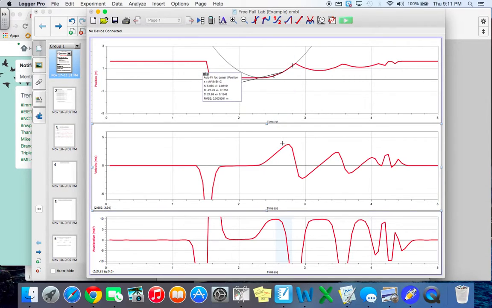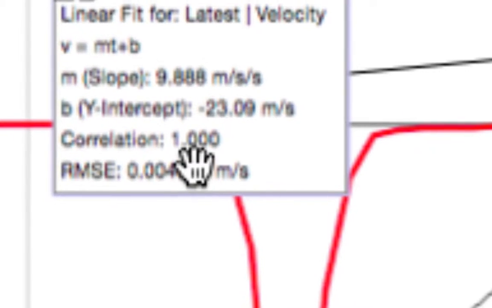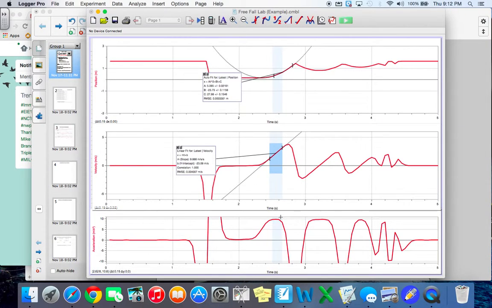Now we're going to look at our VT graph. This is the part where it's liney. So a liney portion means we click on our linear fit. If you look at your linear fit, you'll see then that down here you have this information for a line. Once again, your slope represents your acceleration. So that's going to be the number you want to focus in on, since our goal is to figure out what is the acceleration of our graph.